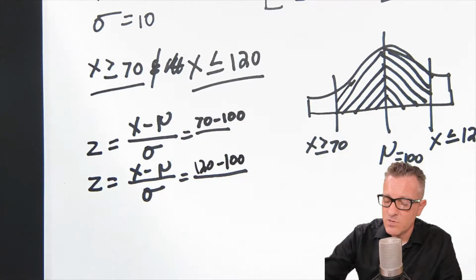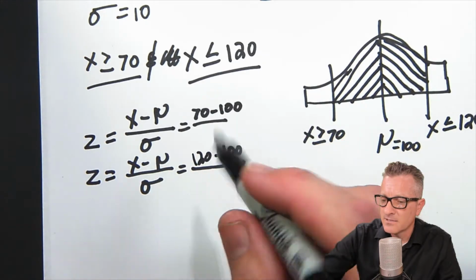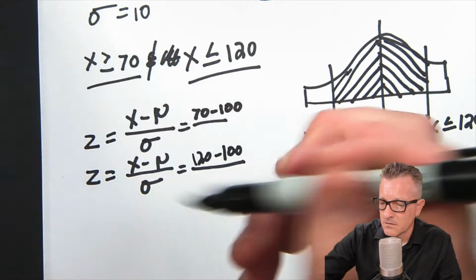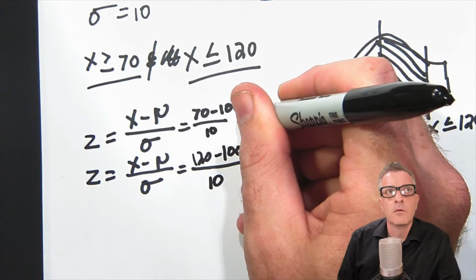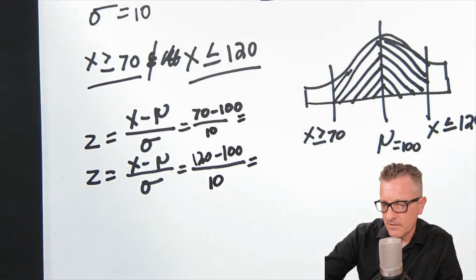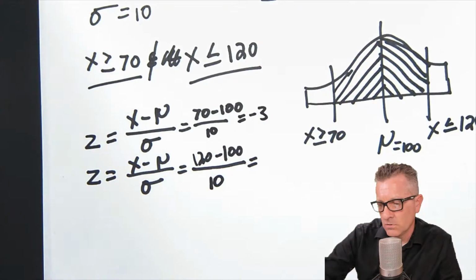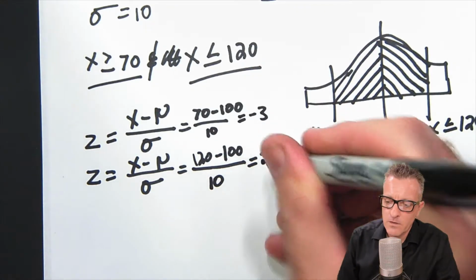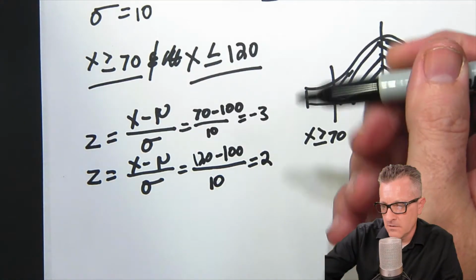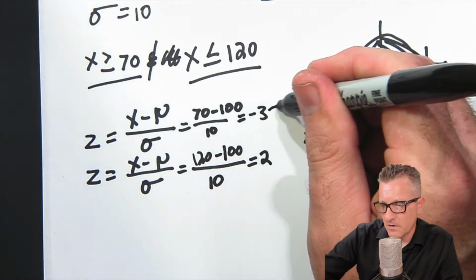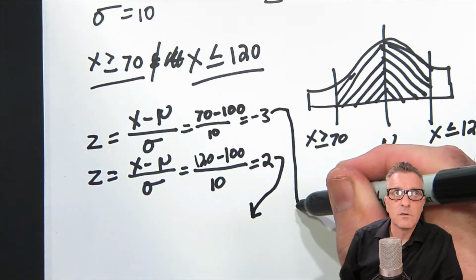And then mu on both, standard deviation on both of these is 10. I'm starting to run into the problem, so I'm trying to cram. So the answers for both of these, we have -3 for the lower half, and then 2 for the upper. And I'm going to have to draw some lines going down of these values. So these are our z-scores. That's what we calculated. So I draw the little arrows.